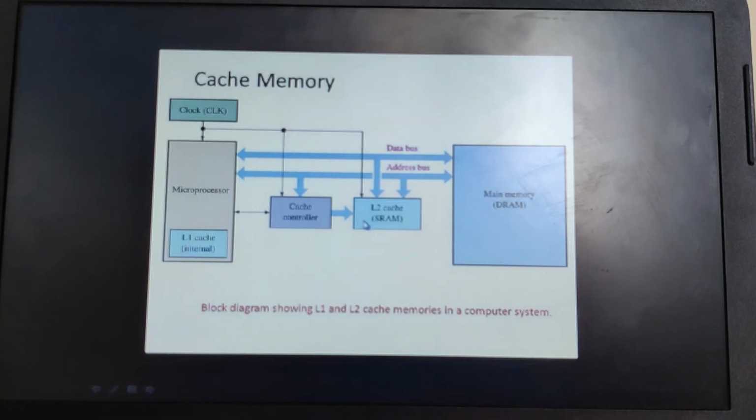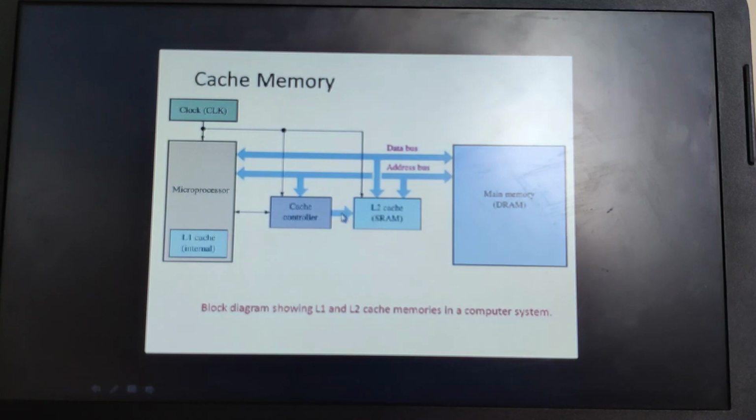Then what about the L2 cache memory? L2 cache memory is actually placed outside the CPU on a separate chip. It uses the high speed system bus to transfer the data between the L2 cache memory and the CPU. So what exactly is the system bus? The system bus is nothing but our data bus, isn't it? The data bus, or the system bus, is nothing but the parallel wires that help the data transfer between the memory and the processor.